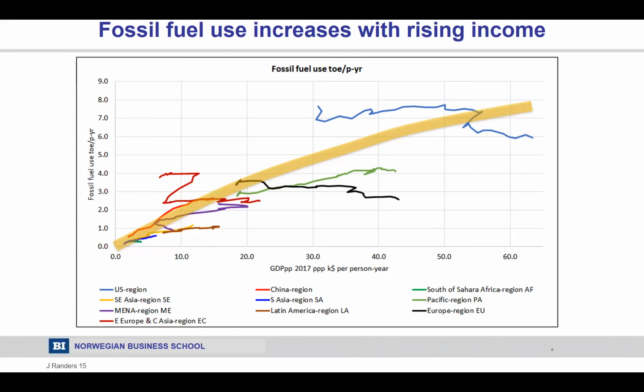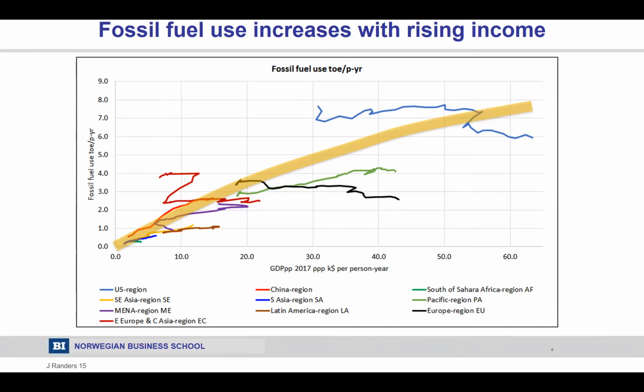So, if you want a short answer to how good the model is: it is as good as the approximation that we make when we replace actual developments with the yellow line. This means that the dynamics of the model are reliable, but the numerical values are totally without reliability. It also means that I'm presenting to you now the one global model applied to global data, but we are at the same time adapting it to the 10 regions.